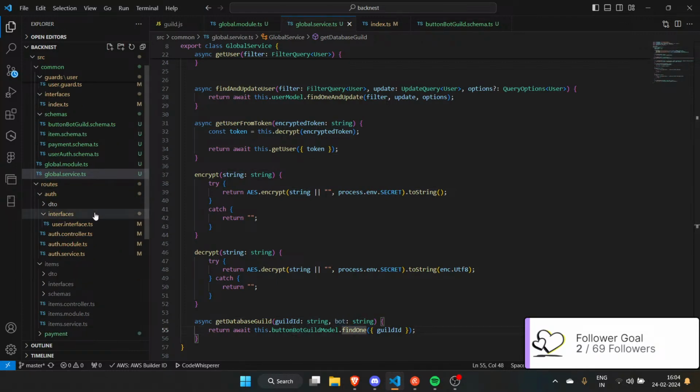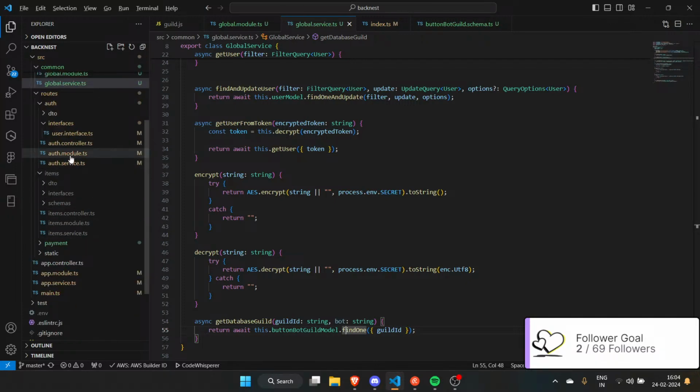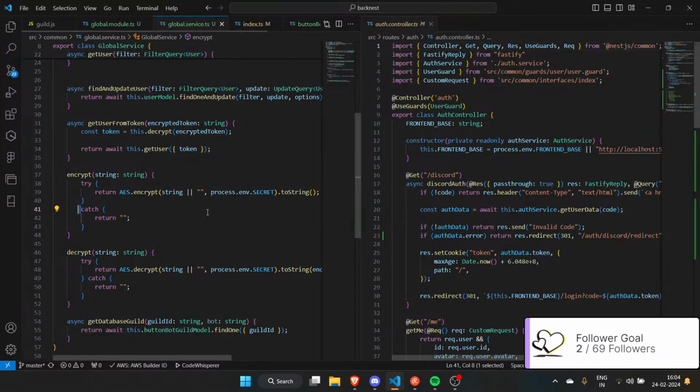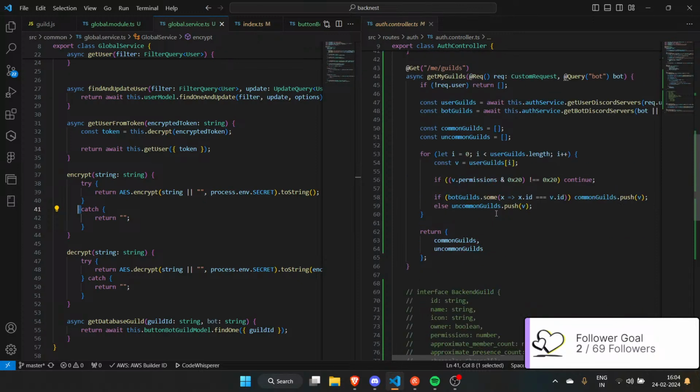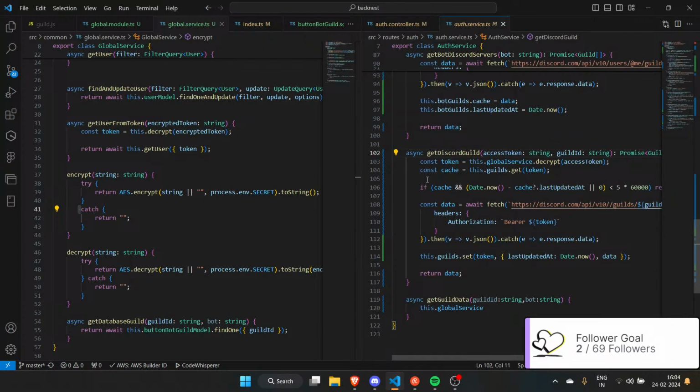That's enough. Now the next question is, how am I handling this in my auth controller? So we are doing get discord guild and get guild data. Okay, so how am I getting the discord guild? I'm getting the discord guild pretty much finally.